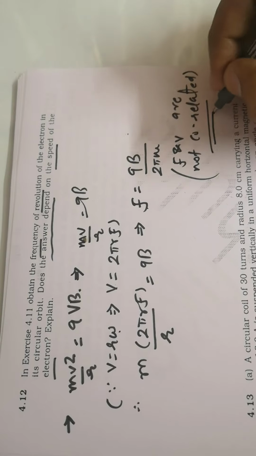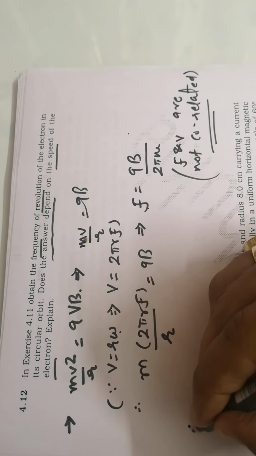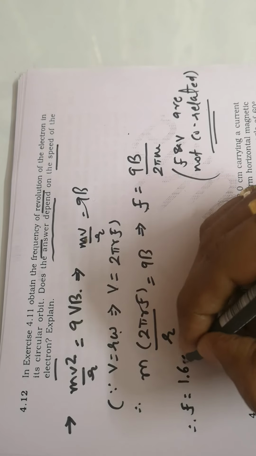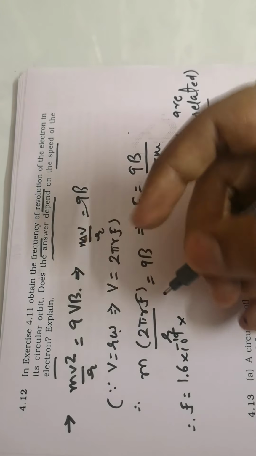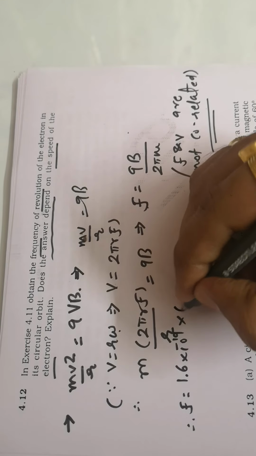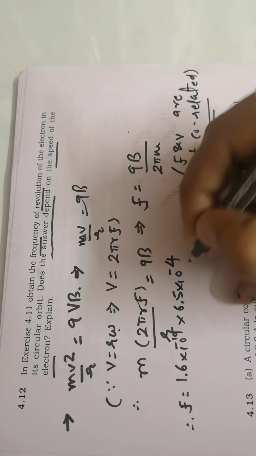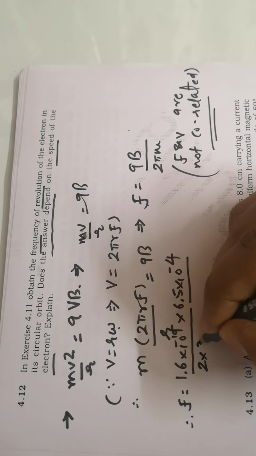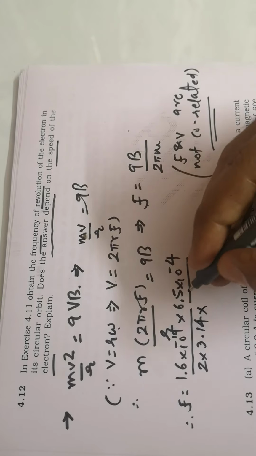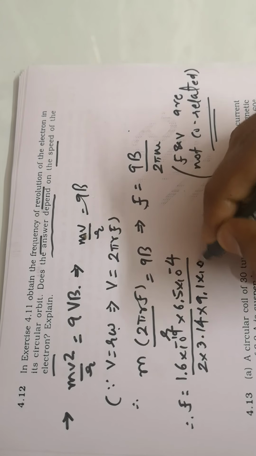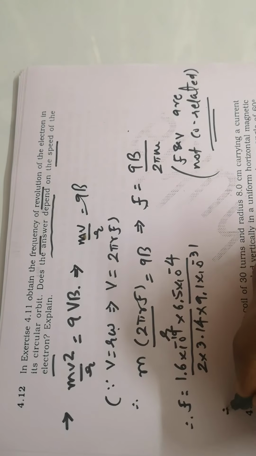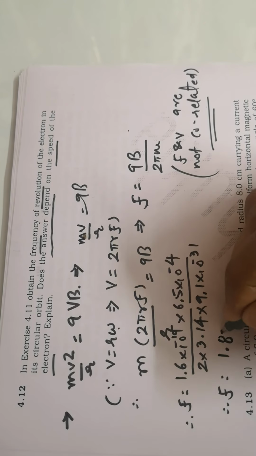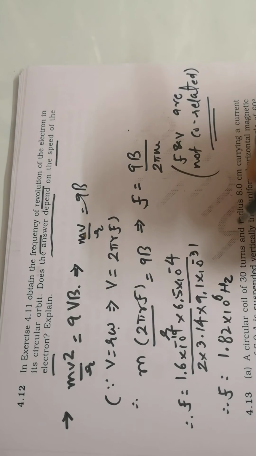So my velocity and my frequency have no relationship. I am putting in all the data. The value of q for the electron is 1.6 × 10^-19. The magnetic field I have is 6.5 × 10^-4. Then 2 multiplied by 3.14, and the mass of the electron is 9.1 × 10^-31 kilogram. So the frequency I will receive is 1.82 × 10^6 hertz,